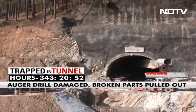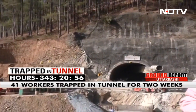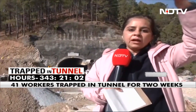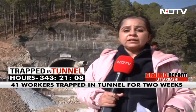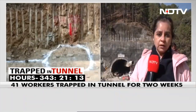Again, it's going to be a very, very Herculean task, because that 10-meter wide, deep debris, you need to clear it. You need to put an umbrella over it. Again, it's going to be a very difficult task for the rescuers. That is why they are not giving a definite timeline as to how long it will take